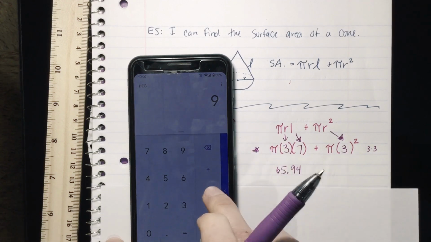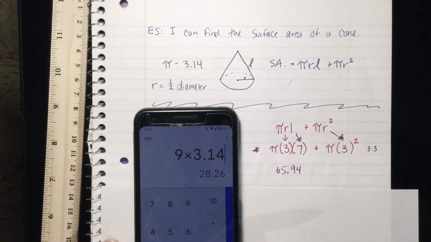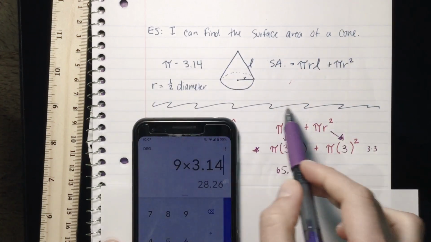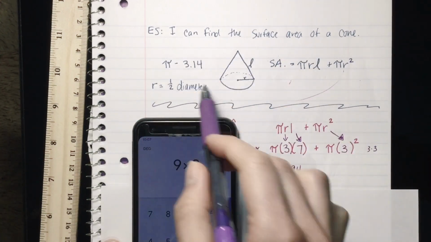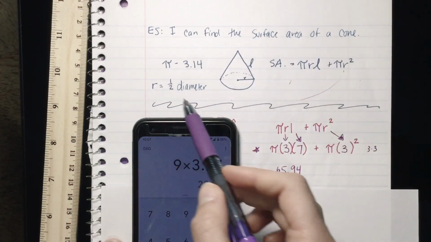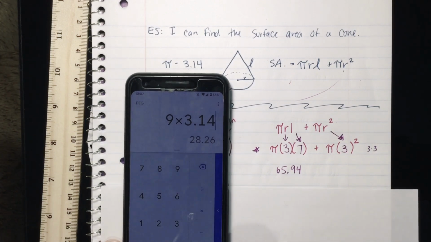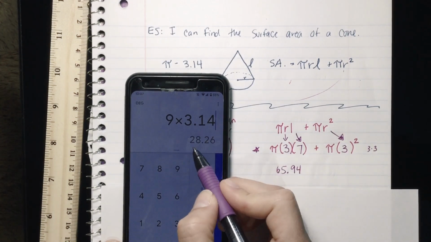And then 9 times pi, which is 3.14. If you always forget what pi is, this is the most important thing. You should be taking all these notes, but if you don't, at least take this first portion of notes. Okay, so we know that pi is 3.14, and we have